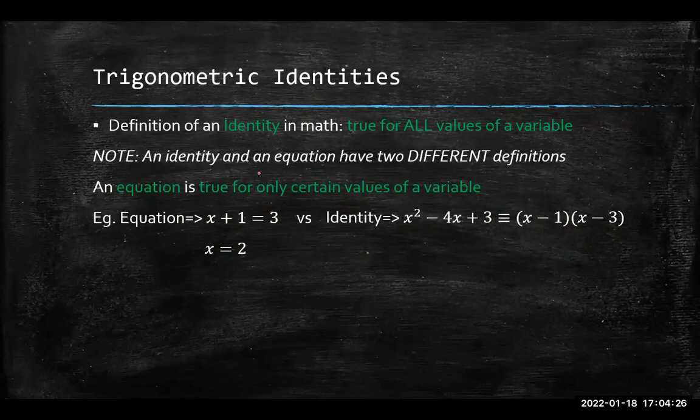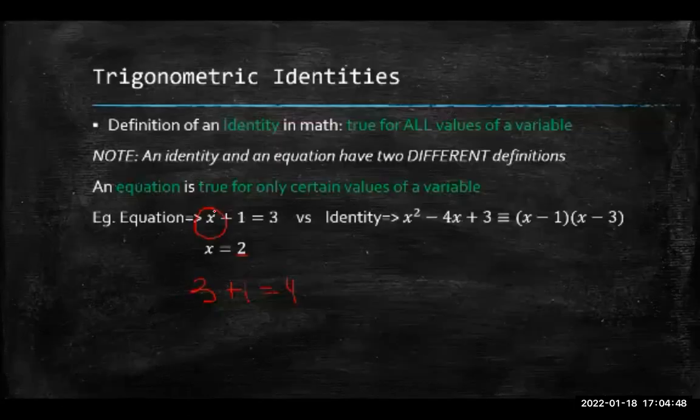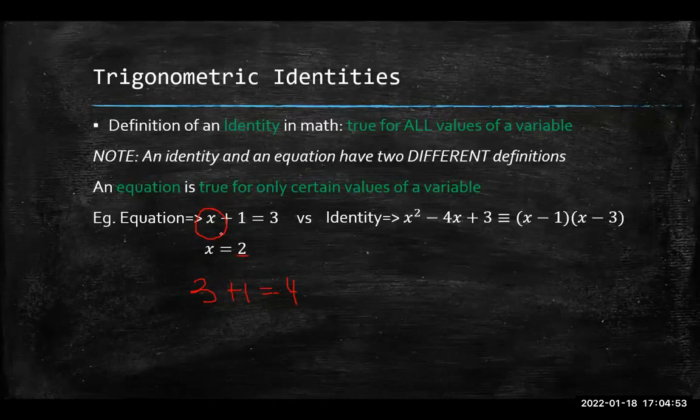So an equation is only true for certain values of a variable. The only number that x can be in this equation is 2. If I put x is equal to 3, that would not satisfy the equation. Why? Because if x is 3, then 3 plus 1 is equal to 4. According to this equation, x plus 1 is supposed to give me 3. So the only possible solution here is x is equal to 2. The only number that x can be is 2. But for an identity,